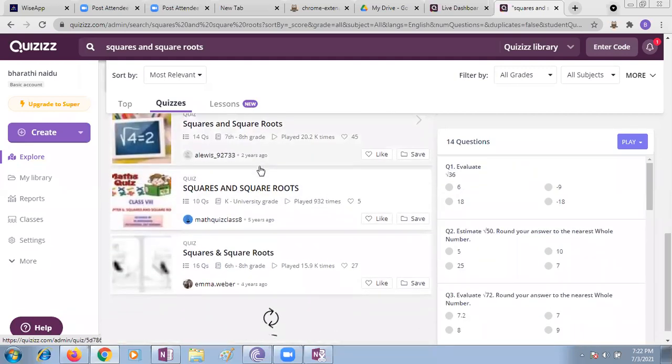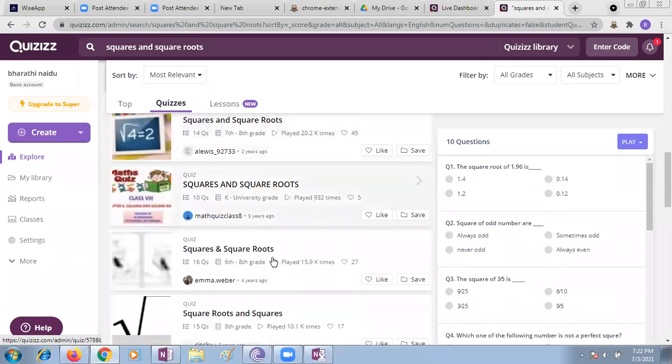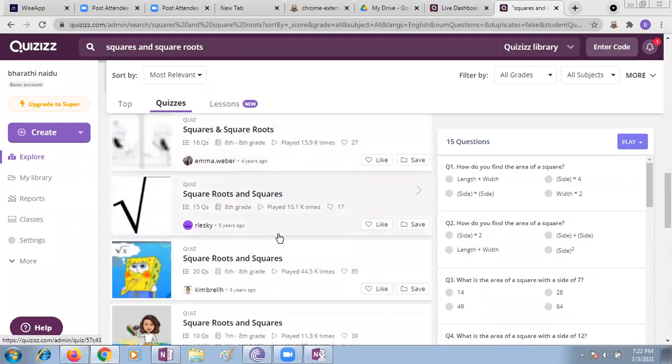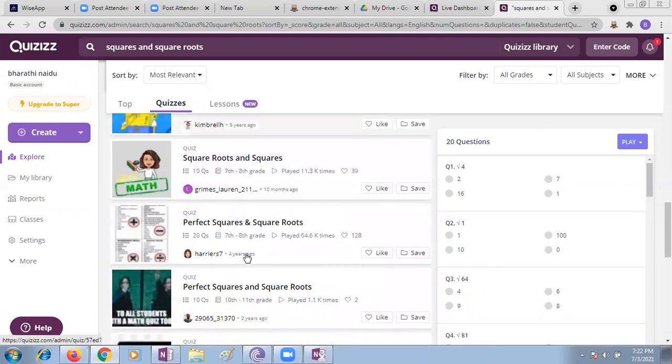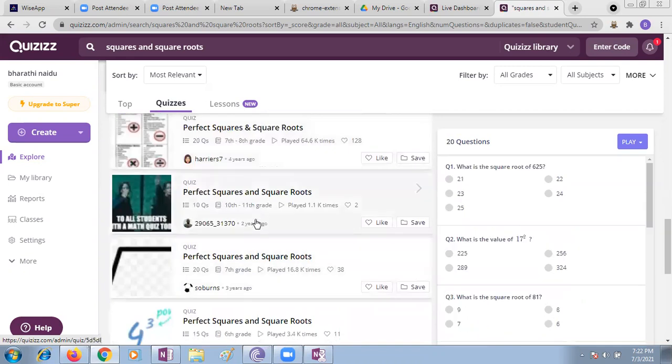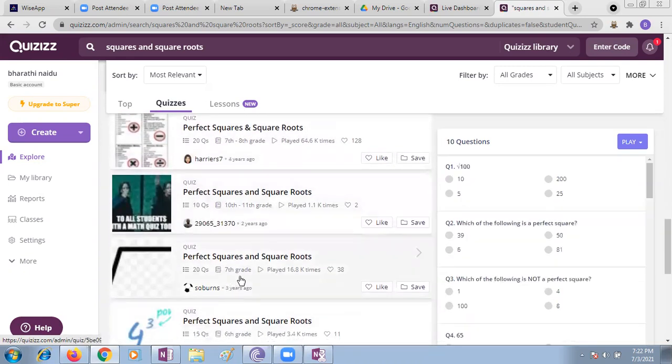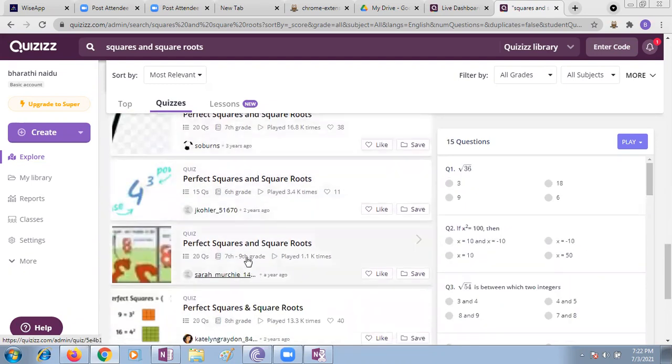That's why I'm always asking about the students too. We'll go with some higher grade. Ma'am, can you keep a higher grade quiz, ma'am? Yes, this one, squares and square roots, I think, that is 8th grade. You can think at least something. Ma'am, that is 10th and 11th, 7th grade. Ma'am, can you keep a quiz of 9th grade? Yes, we can go for this one, 7th and 9th.